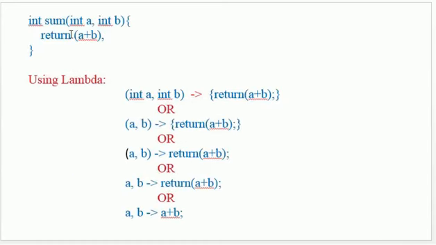Here you look into this, that this sum method is taking two integer parameters a and b. So on the left hand side of this arrow I am going to write int a comma int b, the parameters which a method is taking. And here on right hand side within the curly brackets I am writing the code for this sum method. Nowhere I am writing that the name of the method is sum. We are declaring methods anonymously. We are defining the method anonymously. We are not writing the name of the method.